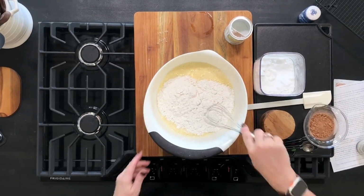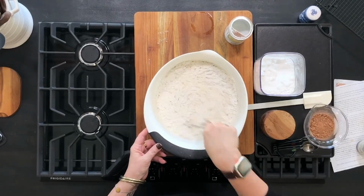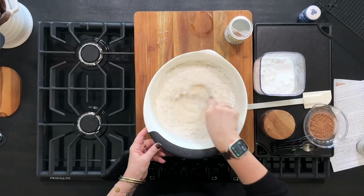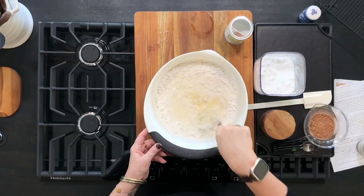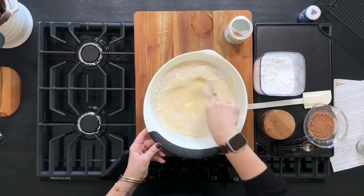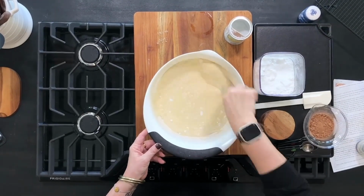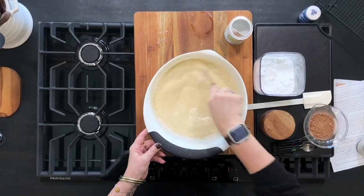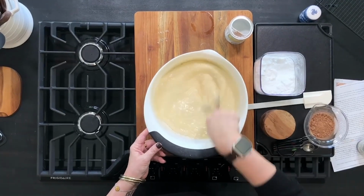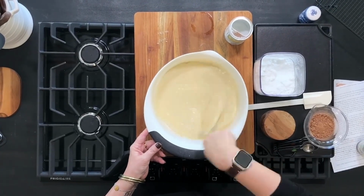And I'm just going to kind of work this in by hand just a little bit so that I can make sure that all of my dry ingredients get incorporated in here. Now, like I said, this is really easy to do with a stand mixer, or you can continue to use the hand mixer. This is just so you can see how we get everything mixed well into the